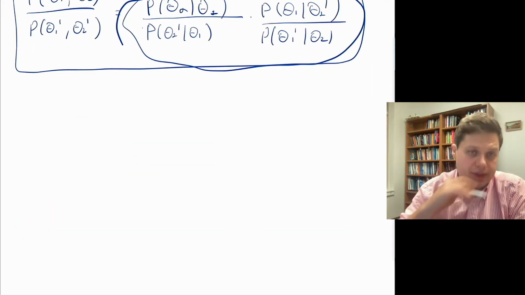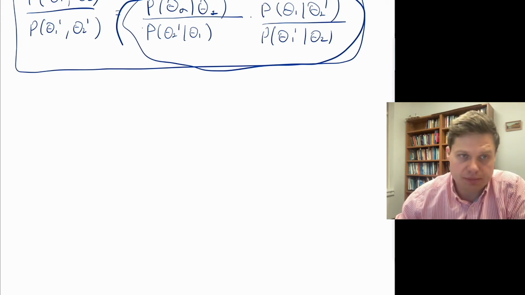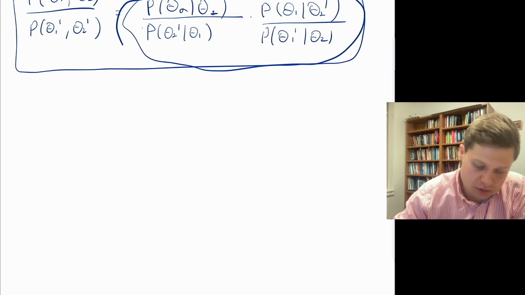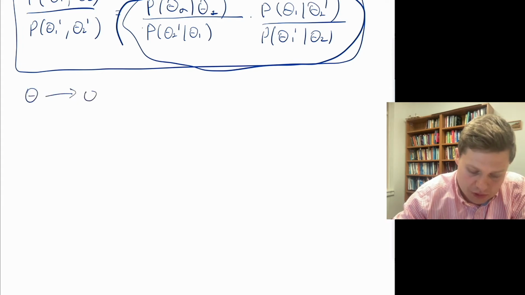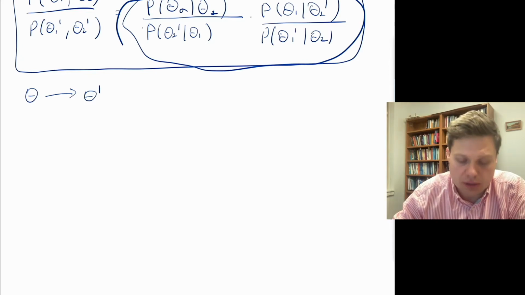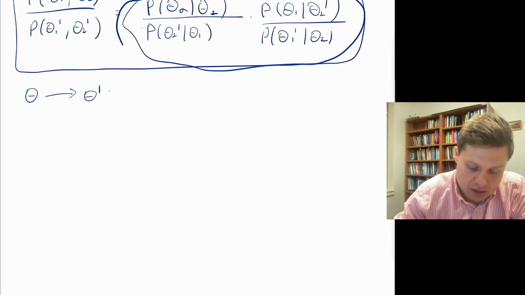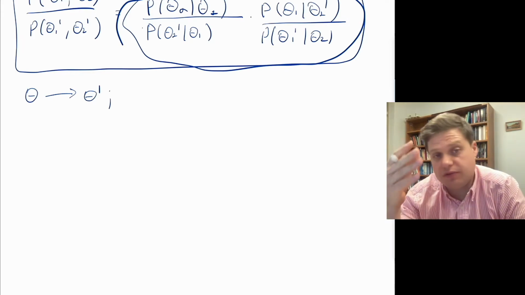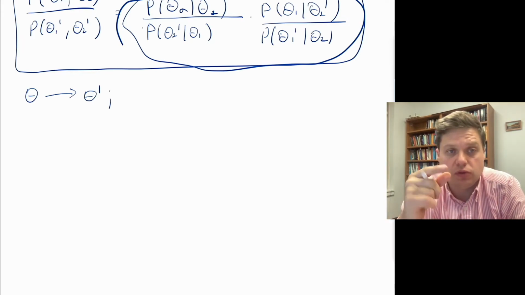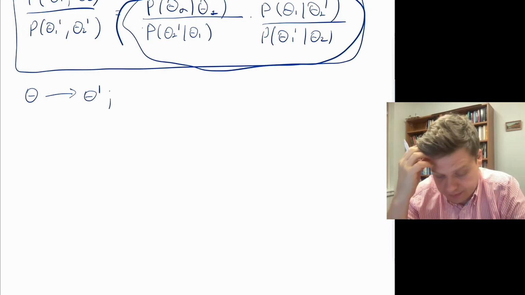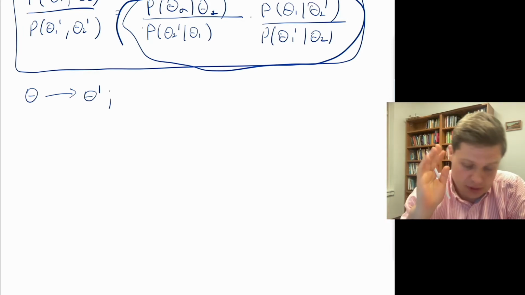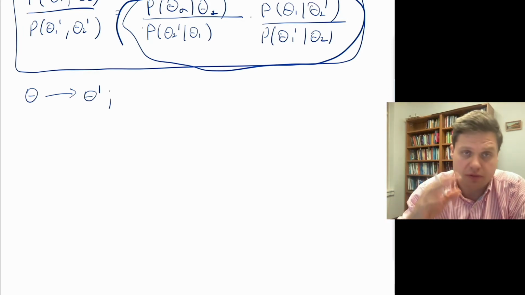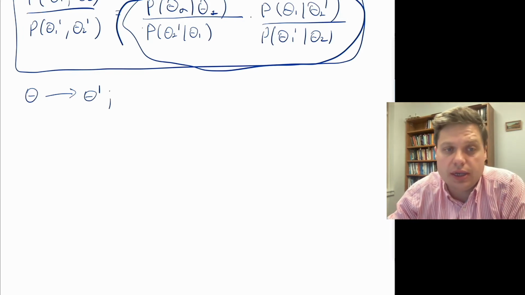Now let's talk about the convergence of the Gibbs sampler. So we'll write down what is called the transition kernel. Let's say you're in state theta, and you want to transition to the state theta prime. And again, we're going to continue using the case of two variables. By the way, it doesn't have to be two variables. It can be two blocks of variables, so you can do block sampling. But let's pretend it's just two variables, and all of the derivations we do will be easily generalizable to a